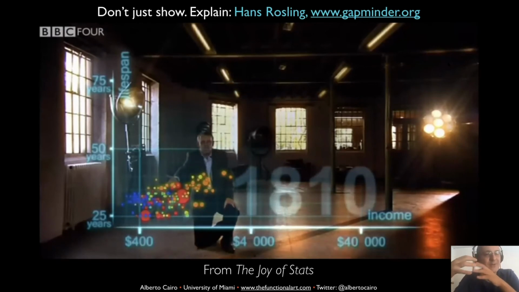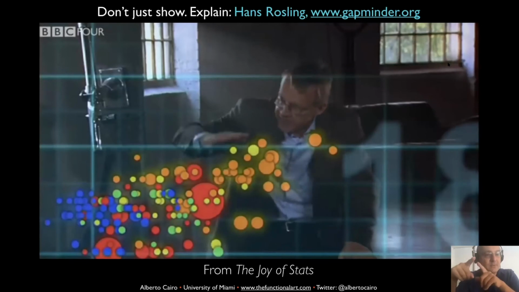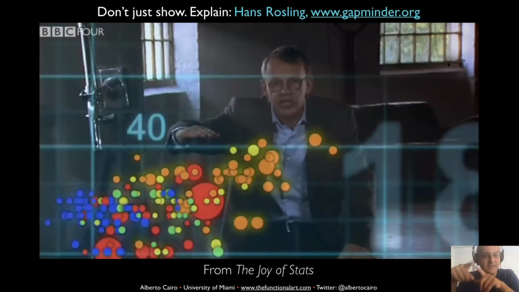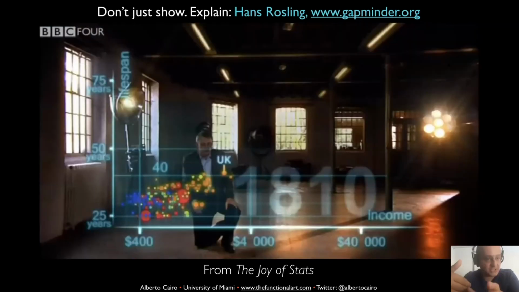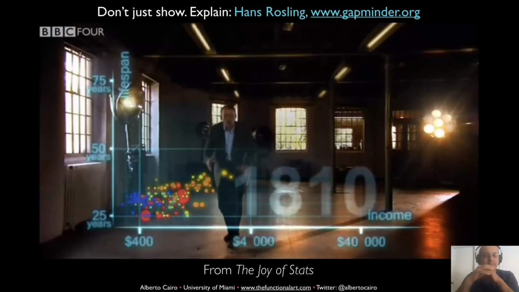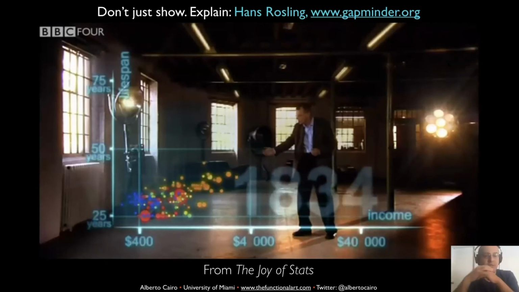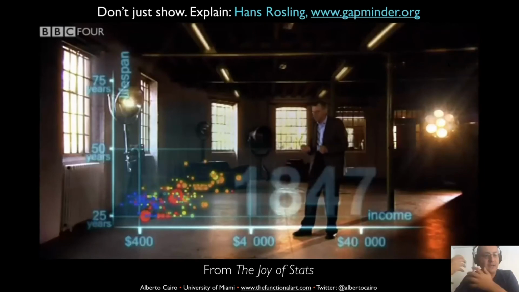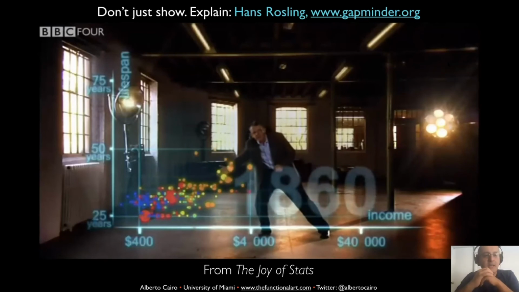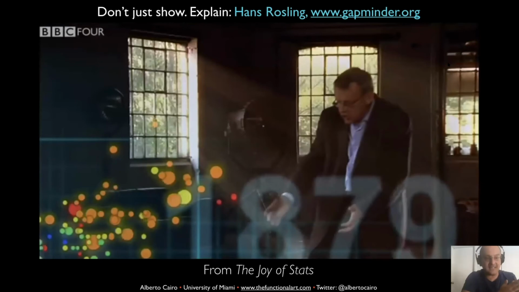Notice what he did before he showed the graphic. Before showing the data, he explained the symbols and the grammar of the graphic, how to read the graphic. And then he showed the data. And not only that, then he explained the data, right? He put himself behind the graphic and he used his fingers and his hands to show you the movement, right? The motion towards higher, wider lifespans and also more healthy and more wealthy countries. But before he showed anything, he explained the graphic.